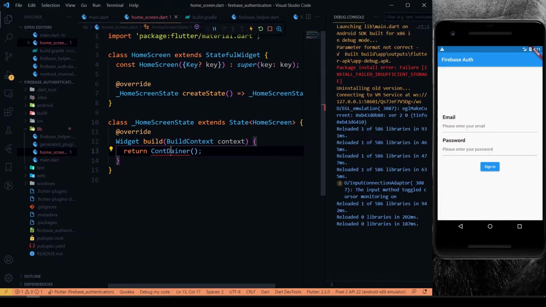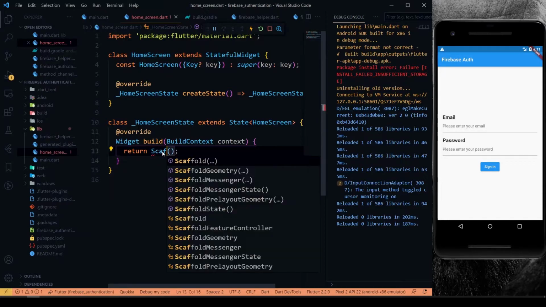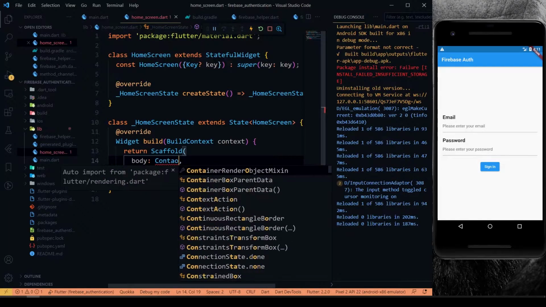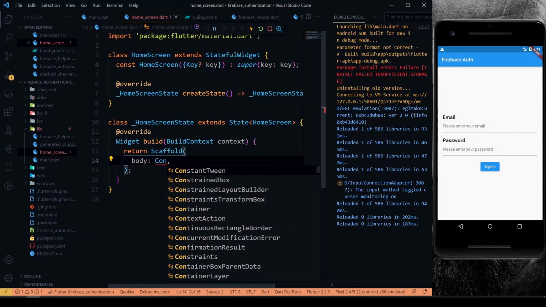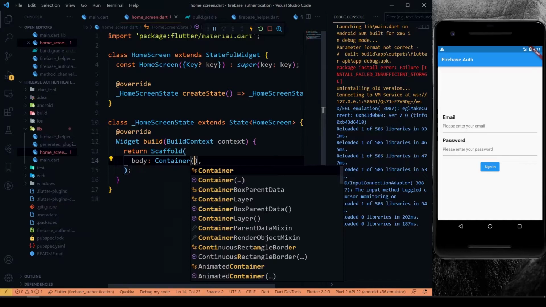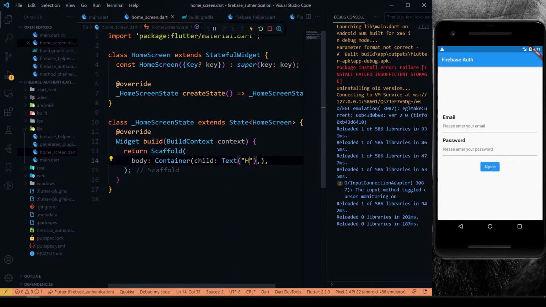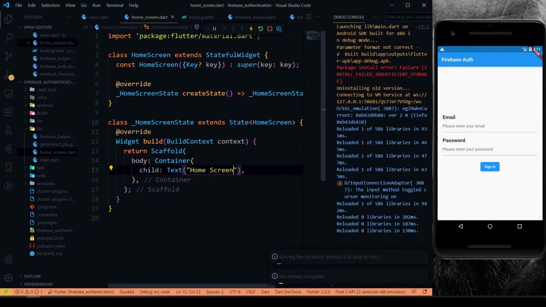So we'll use a scaffold here. Inside that, I'll just put a container here with text, home screen. I'll just change this into welcome home.